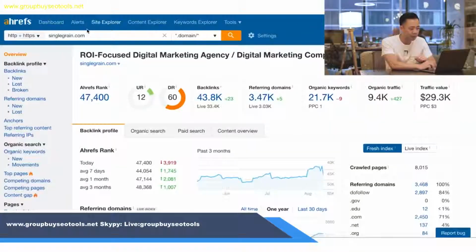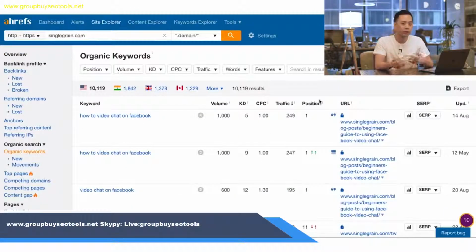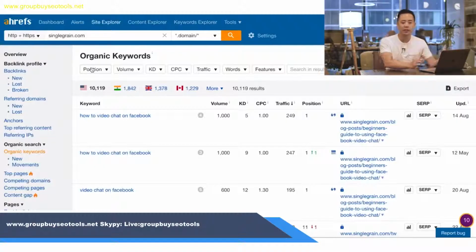So all I do right here, I type in a domain in the Site Explorer section, and I go to organic keywords right here. So singlegrain.com is ranking for about 22,000 organic keywords, which is not bad for a digital marketing agency. Most agencies aren't ranking for a lot of different keywords. So not to toot my own horn, but anyway,